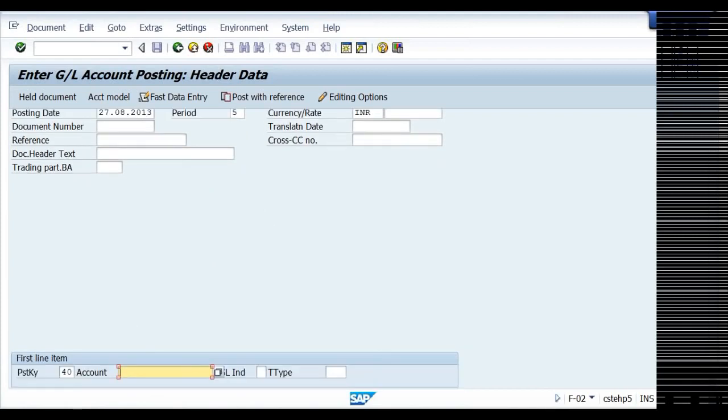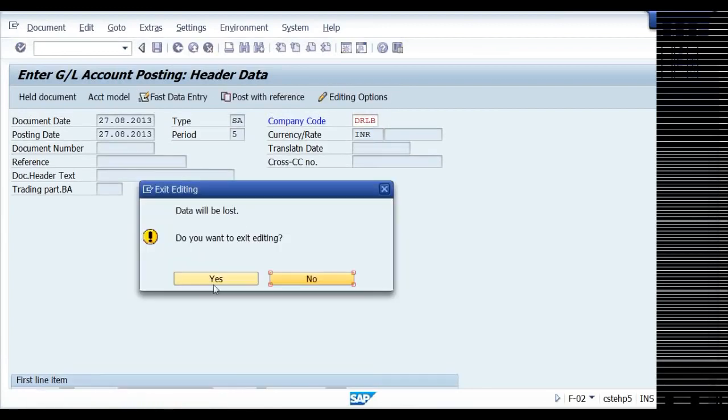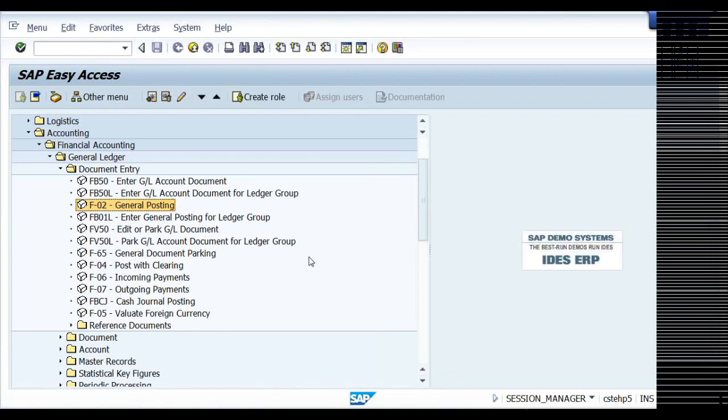Let me check. Bank account debit to equity share capital account. Bank account is 204.05. Tolerance. Here, what happens? One minute. What I need to do is